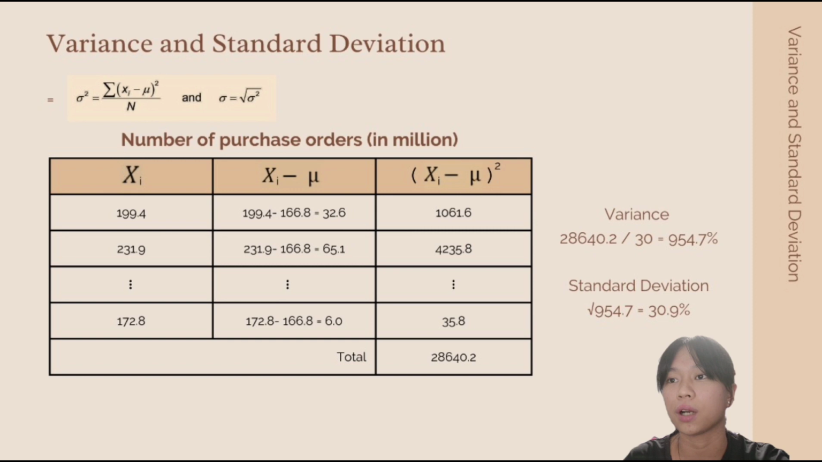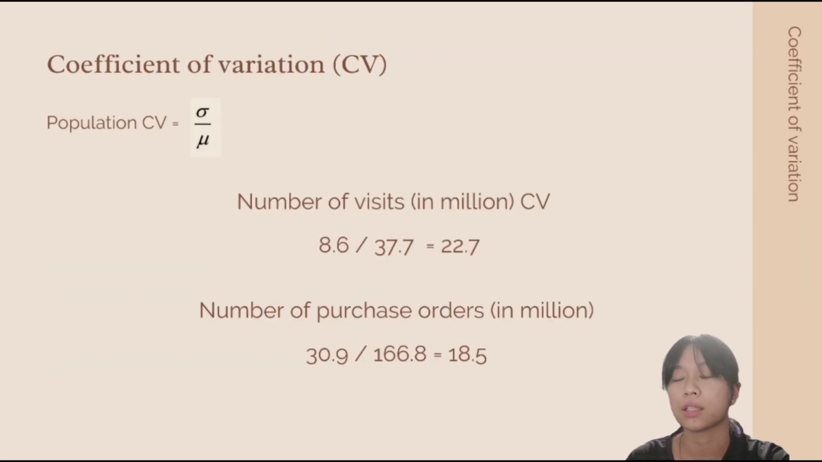The variance for number of purchase orders is 954.7%, while its standard deviation is 30.9%. Lastly, to find the coefficient of variation, we need to divide standard deviation by mean. The coefficient of variation for number of visits is 22.7, while the coefficient of variation for the number of purchase